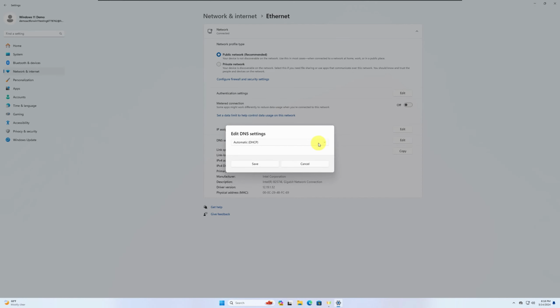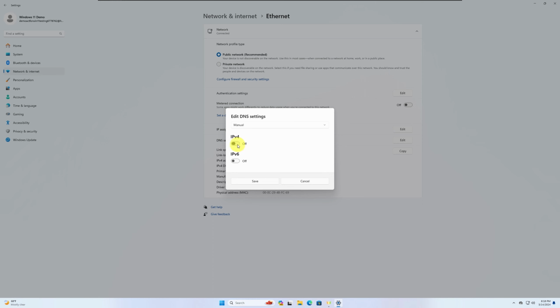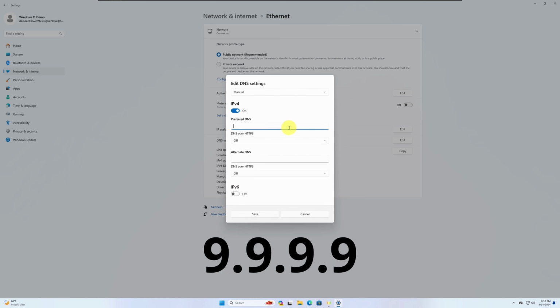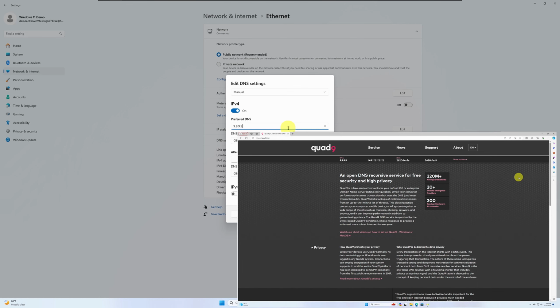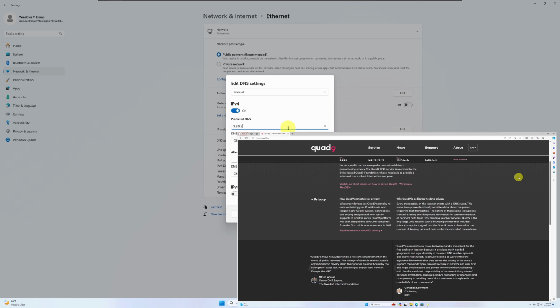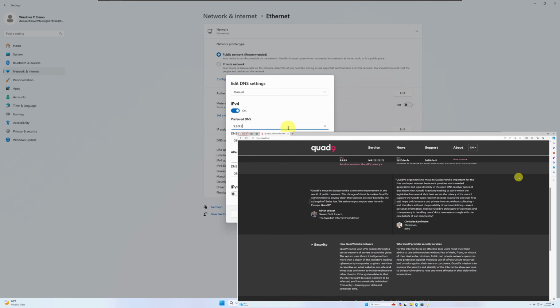Now, make the following changes. Change Automatic DHCP to Manual, and enable IPv4. Enter into the preferred DNS 9.9.9.9. This DNS service, also referred to as Quad 9, is a privacy and security-focused DNS service which blocks lookups